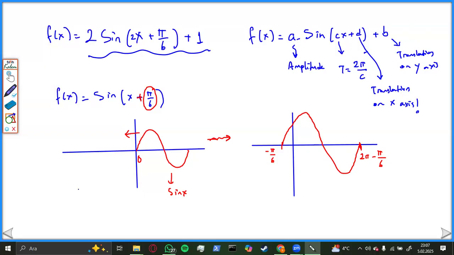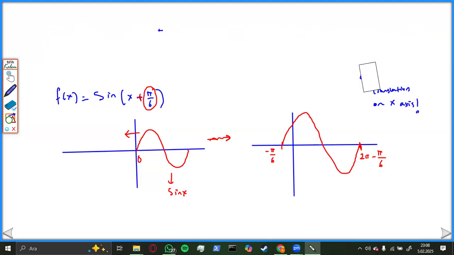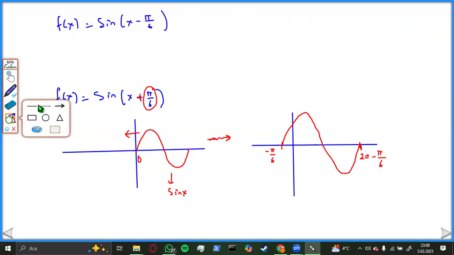Let me show you the other option. I'd better erase it. Let me show you the other option. Okay, this time assume that our function is sine of x minus pi over 6. Okay, this time our new function